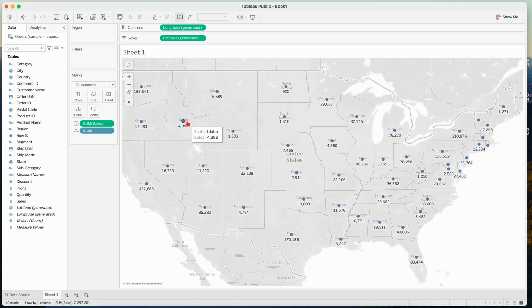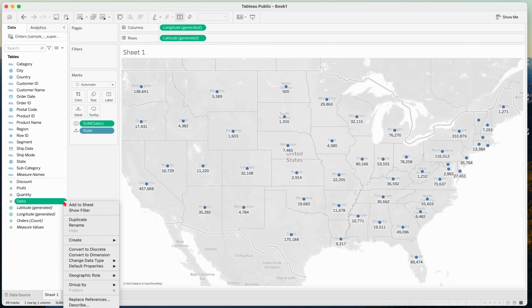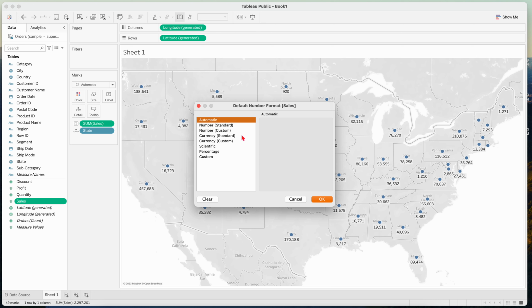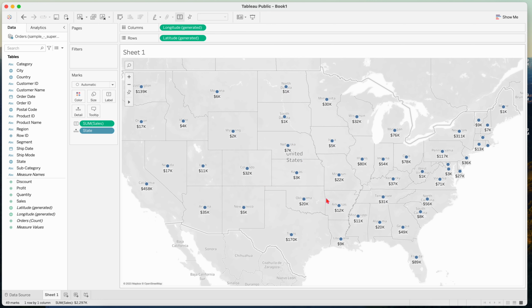If we wanted to show as dollars, we're going to click on sales. We're going to change the default property of this number by going to the number format, clicking on currency, removing these decimal places, and allowing this prefix to show. The other thing that I'm going to do is display units in thousands. So that way it's going to read as 2K in Wyoming, 1K in South Dakota. This is just for visualization purposes, but it shows you how you can manipulate the visuals to be easier to